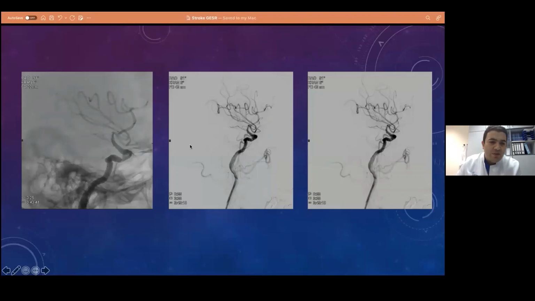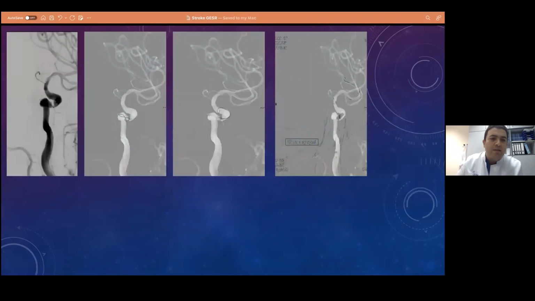So I performed another run with the stent retriever in place, and I did another thrombectomy. It gets better from the flow, and I did oblique views, and at this point I see the problem. What really causes the whole thrombosis was this high-grade stenosis. And at this point, you can't just leave this high-grade stenosis without